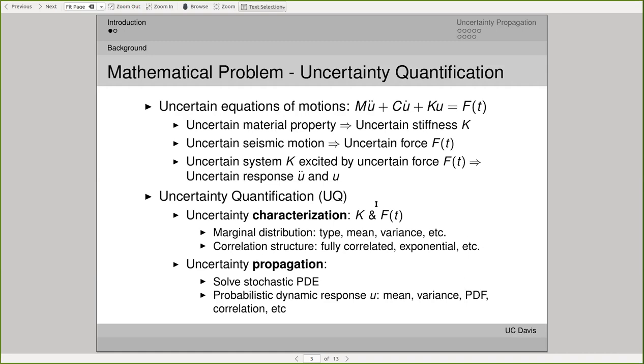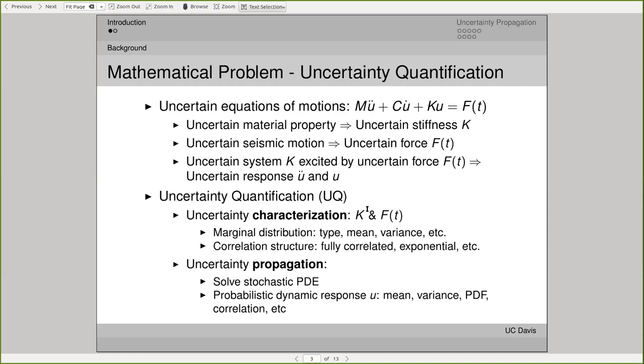I'm sorry for interrupting. If I may just add, we assume that the mass matrix is very certain. We should know that. And we also assume that the viscous damping is certain, although we can make it uncertain. But in this case, most of the uncertainty really comes from the stiffness. So we make an assumption that the stiffness is very uncertain, whatever it comes from the material testing. And the actual loading, which is actually earthquake because we go through DRM, is uncertain. So with that, the left-hand side is the stiffness, the right-hand side is the loading. And that's where the two main uncertainties are. Yes, please go ahead.